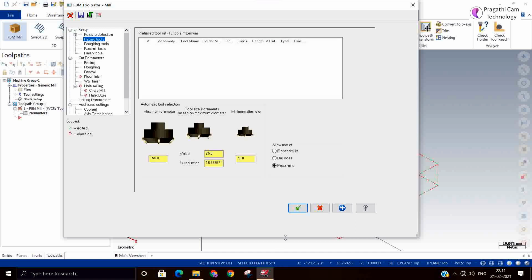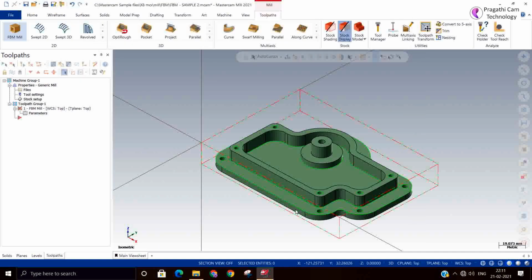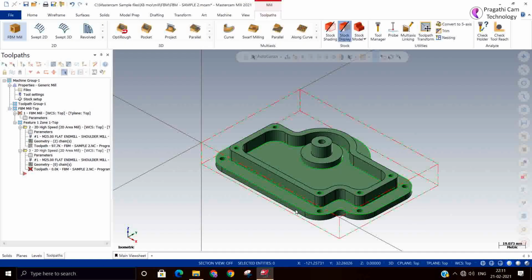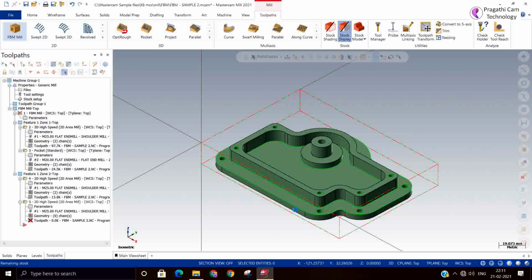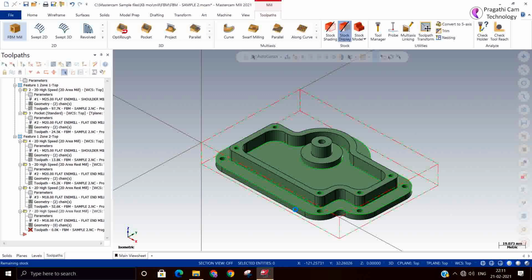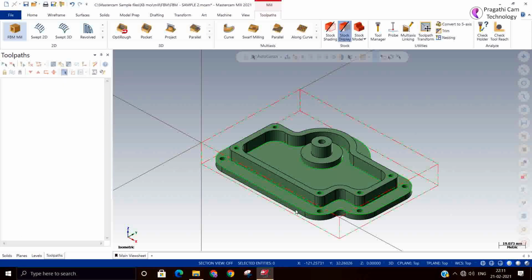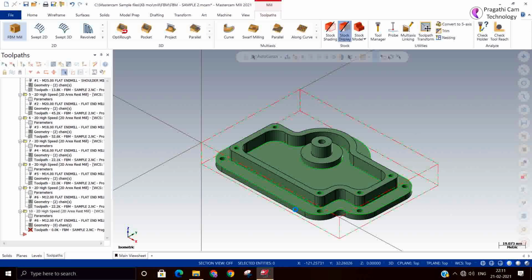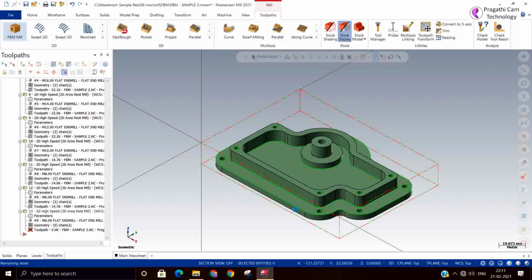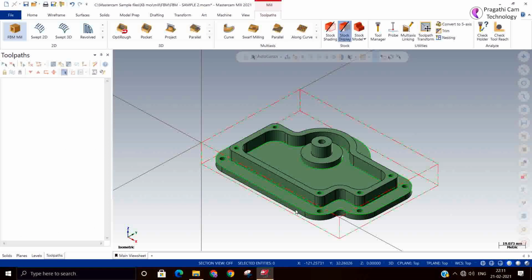So it automatically does all the toolpath. Okay. So this is nothing but auto toolpathing. The only disadvantage is the efficiency of programming. I mean to say, it makes so many operations, but that is a disadvantage.